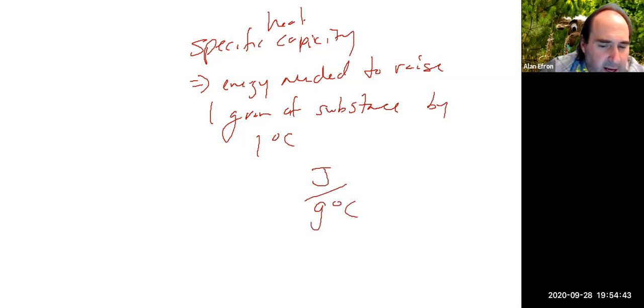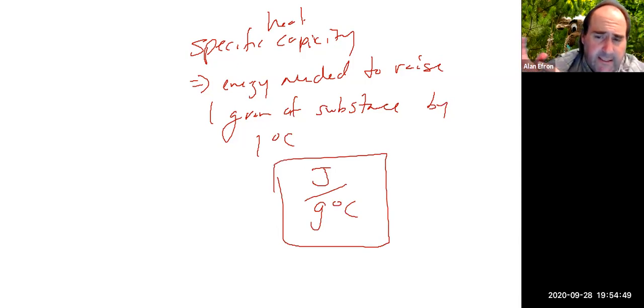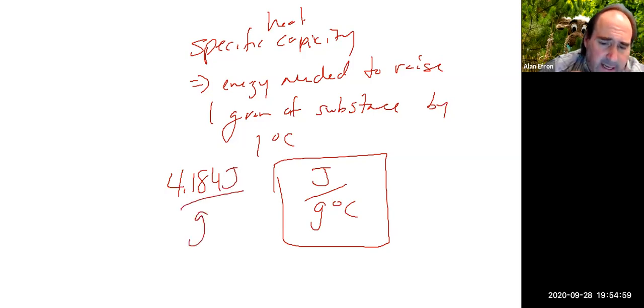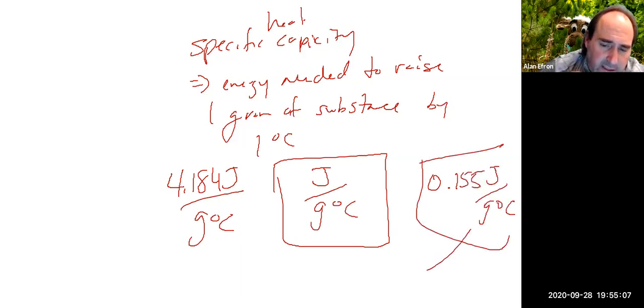And basically, the higher the specific heat capacity, the more energy it takes to change the temperature of that substance. So if you had something like water, which has a specific heat capacity of 4.184 joules per gram per degree Celsius, that is much higher than, say, a metal that has 0.155 joules per gram per degree Celsius. It would take less energy to change the temperature of this metal by 1 degree Celsius than it would